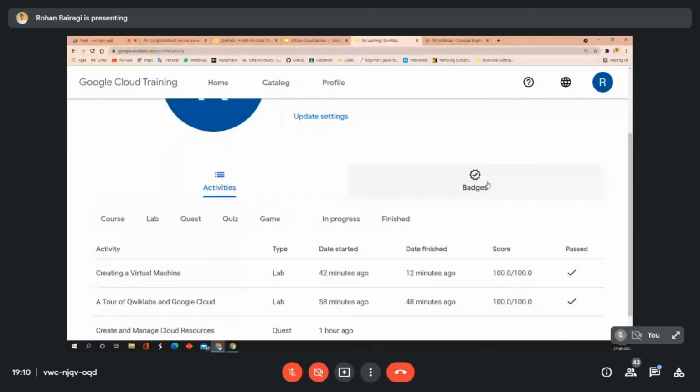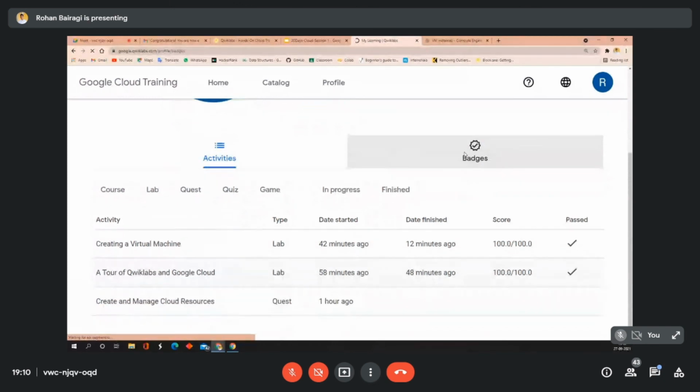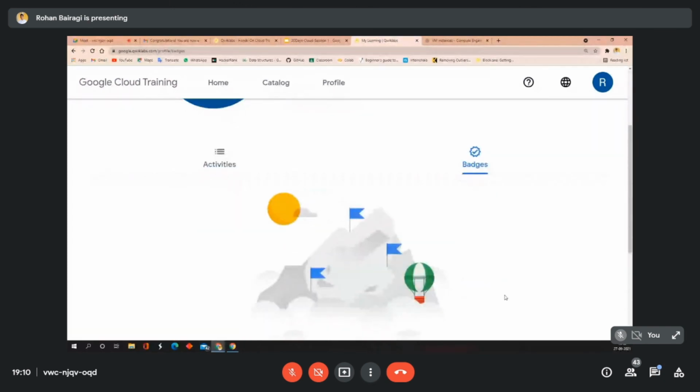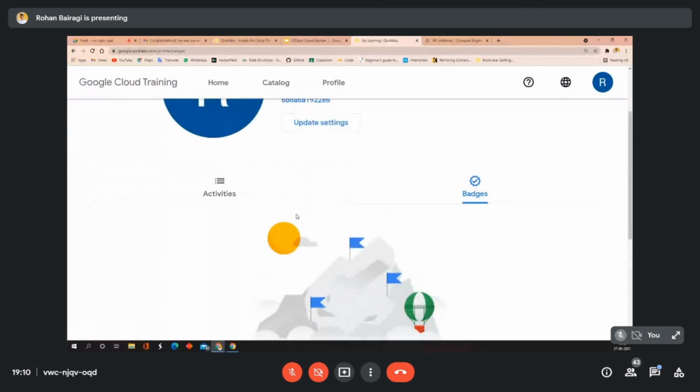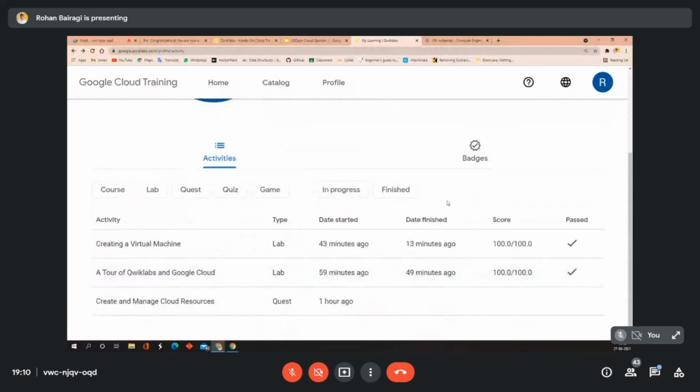In the badges section, next to the activities, it is blank because I didn't complete any labs.